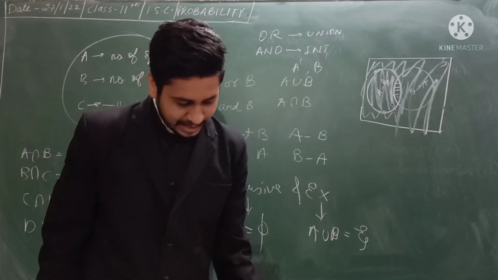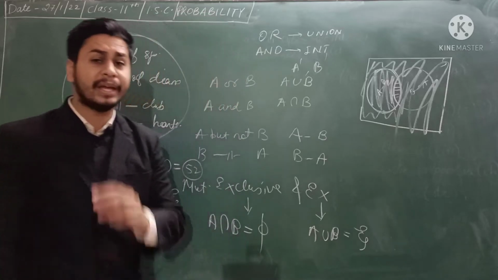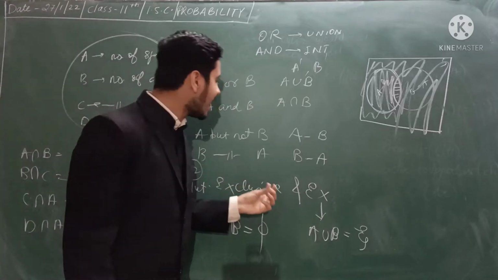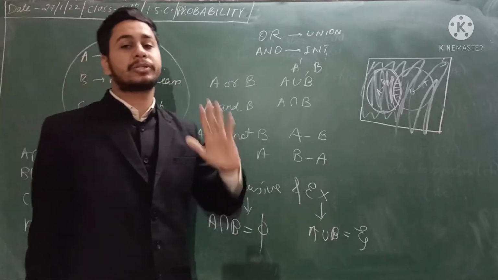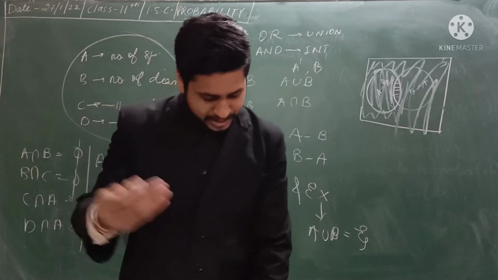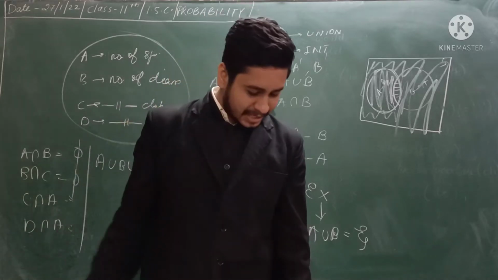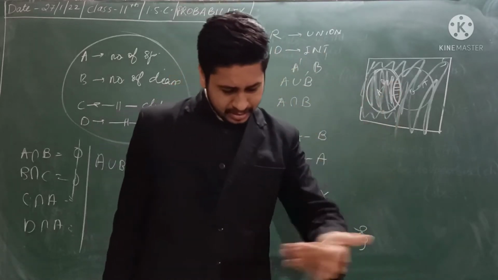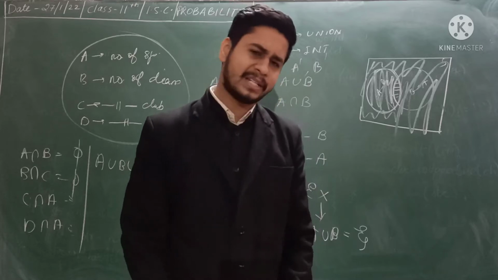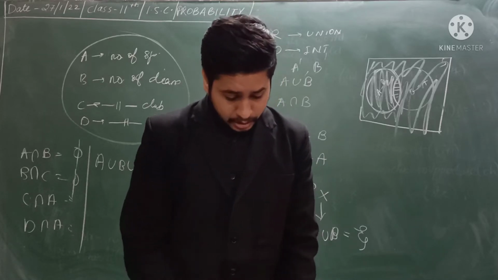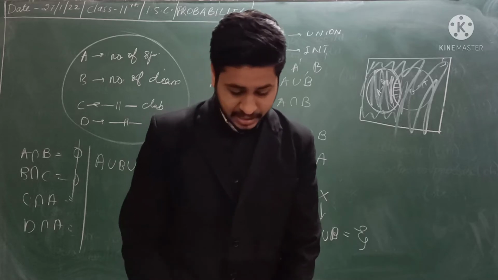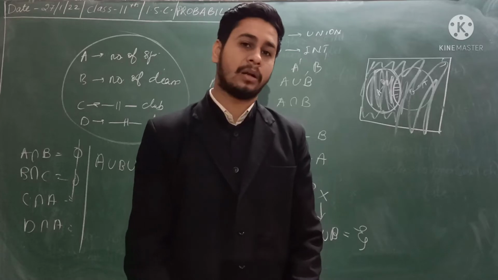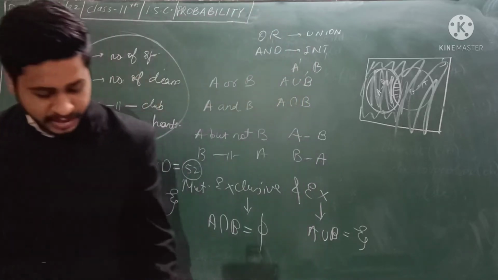Now coming to the exercise, this is again a basic exercise where you only need to see which type of set it is. They'll ask whether the events are mutually exclusive or exhaustive or not. Let's do some questions of this. It's just a basic exercise. Try to understand the concept, do some questions and see the examples. That is enough for you. Then today we'll head to the main exercise. From the second exercise onwards, your main concept and questions will start. So let's do one question of this.